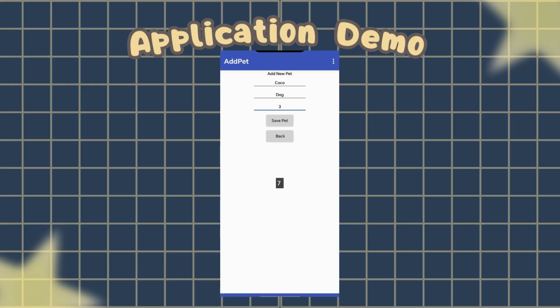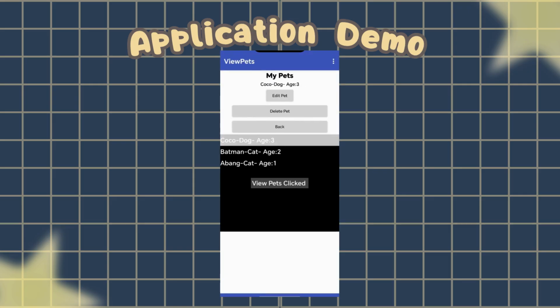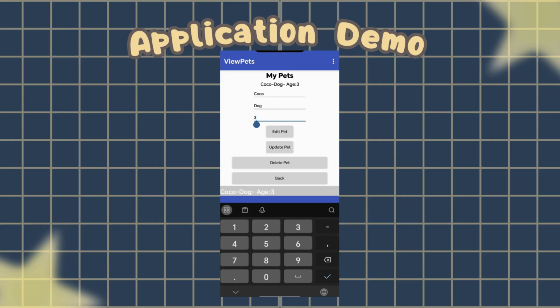Okay, now all of those pet data will be stored in the database, and also it can be displayed in the list view. Okay, when they click the view pets button, we can see all of the data of the pets, and the